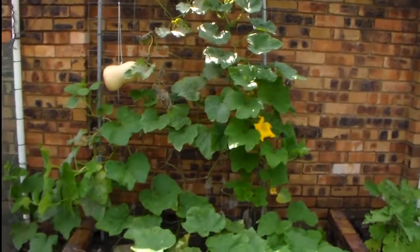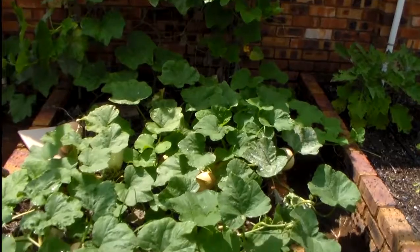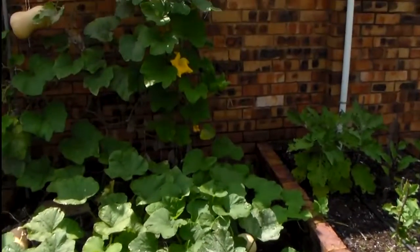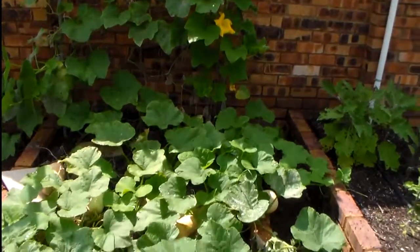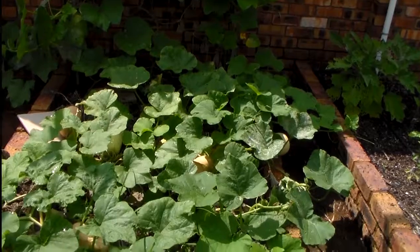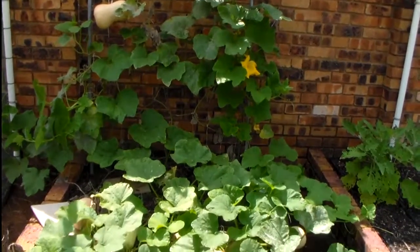So start with the butternuts, and this hasn't done too bad. It's got quite big, but I don't have a lot of butternuts. I normally get a lot more than I've got now. At the moment, just quickly counting, I can see 1, 2, 3, 4, 5, 6, 7. There's about 8 butternuts here. Normally I get 12, 14, sometimes more. But they are a little bit bigger than they normally are. There's a giant one hanging at the back there on the trellis,